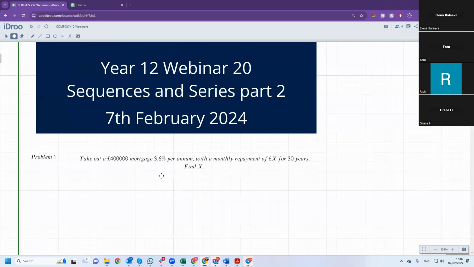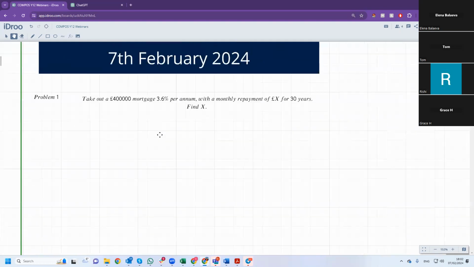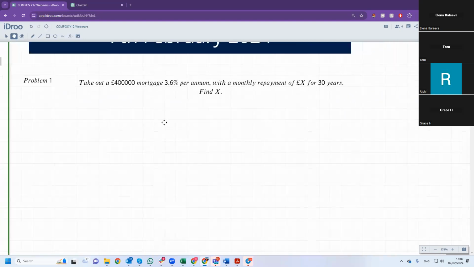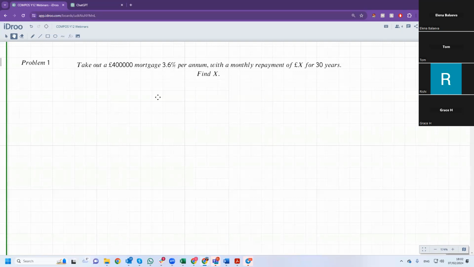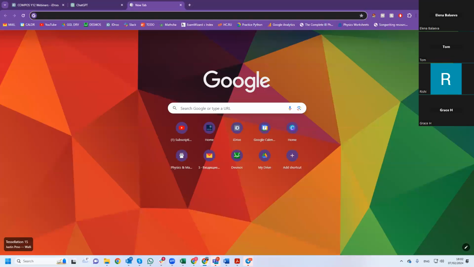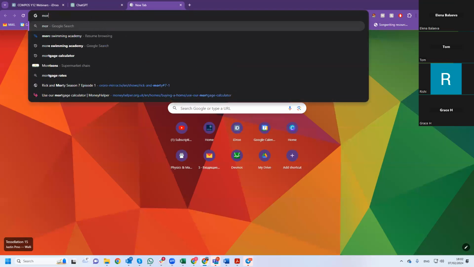Okay, so sequences and series part 2. Let's get to grips with a series. Take out a 400,000 mortgage, 3.6% per annum, with monthly repayment of X pounds for 30 years. Find X. Basically, find how much you will pay each month. Well, normal people go onto a website, mortgage calculator,